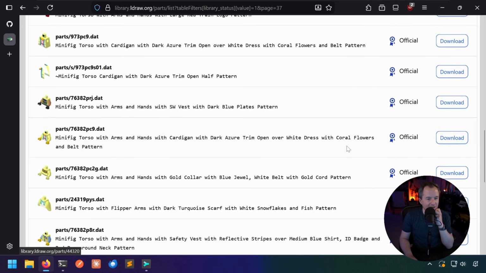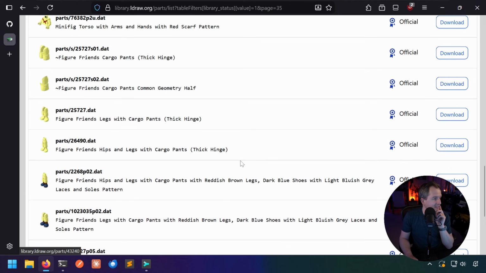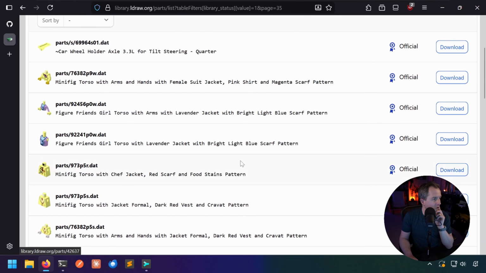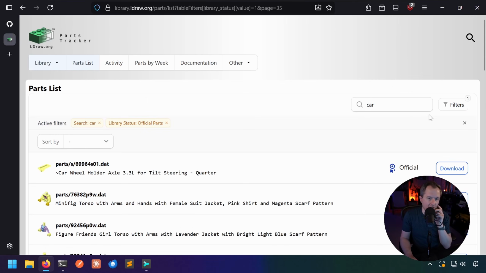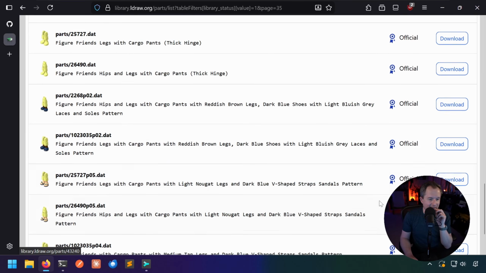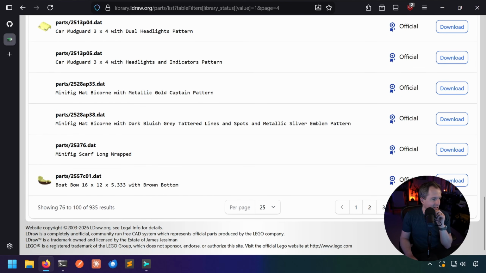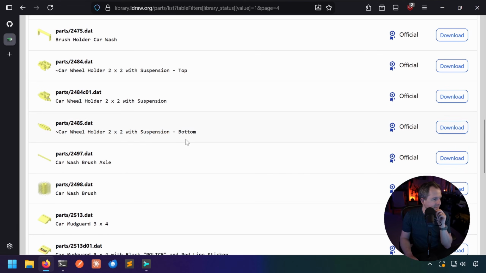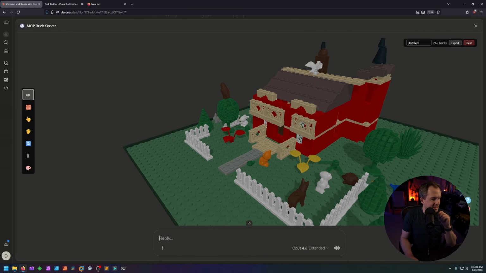This is how you know that there's a lot of stuff that you could do here, just because there are so many of these components, and a lot of them, by the way, are variations. We don't need to look at the sticker components, but I like the idea of the Duplo car base, and maybe we can put it as a test car somewhere near us. So, let's try that. Let's go back to our Claude and say,